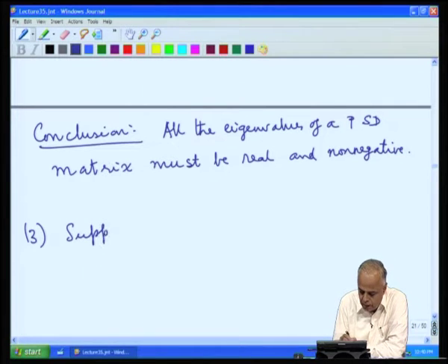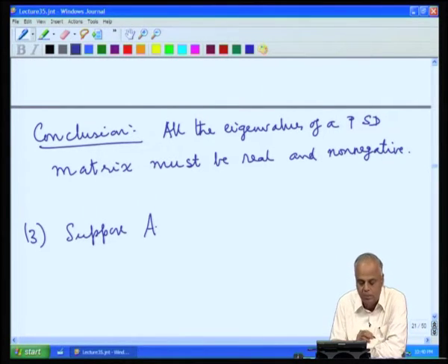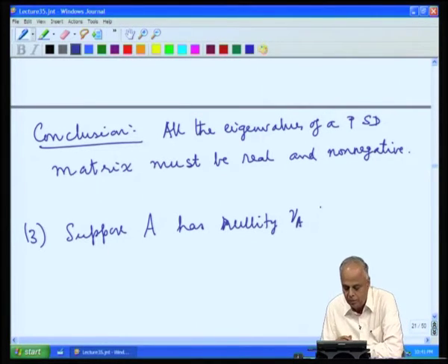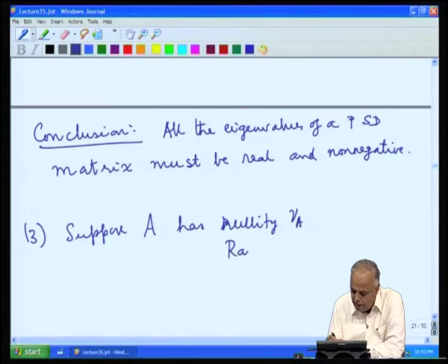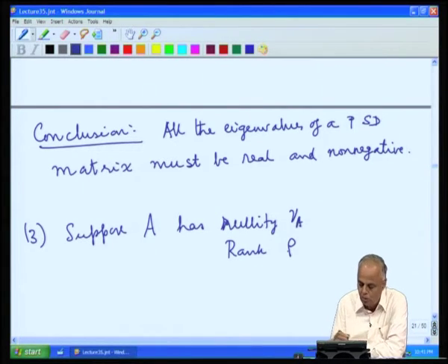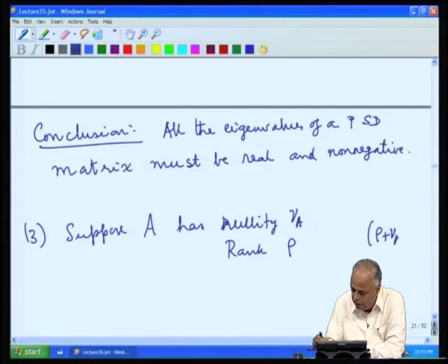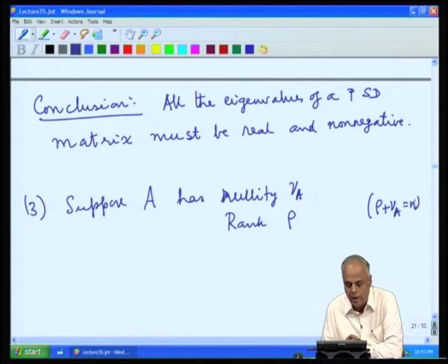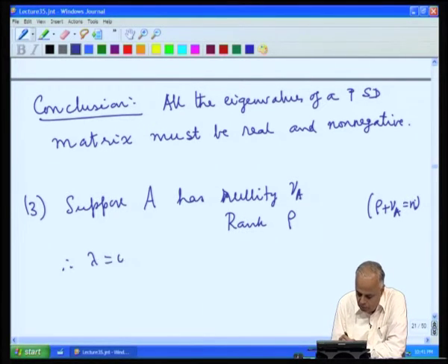Suppose A is a positive semi definite matrix with nullity nu A. Then the rank is rho, where rho plus nu A is equal to n. What does it mean to say that nullity is nu A? It means lambda equal to 0 is an eigenvalue